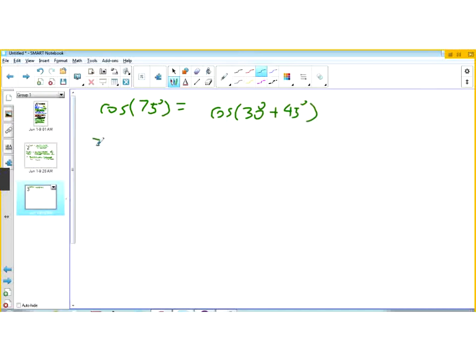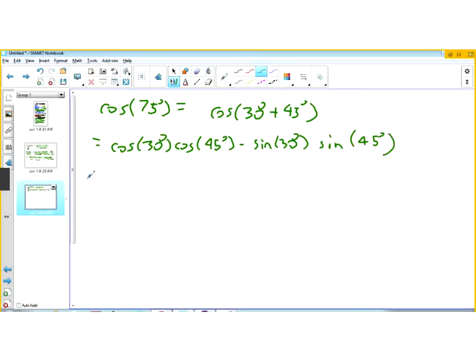And so we can use the cosine of a sum, so this would be the cosine of 30 degrees times the cosine of 45 degrees minus the sine of 30 degrees times the sine